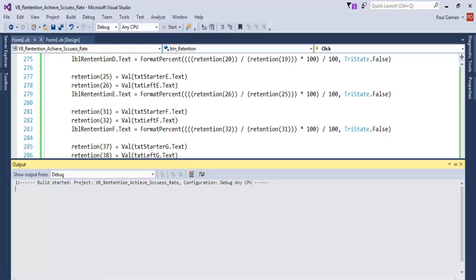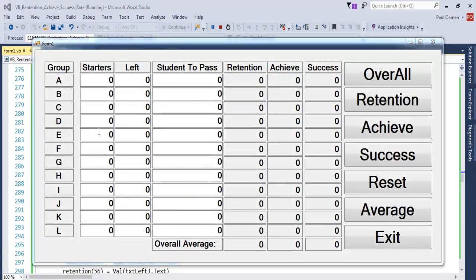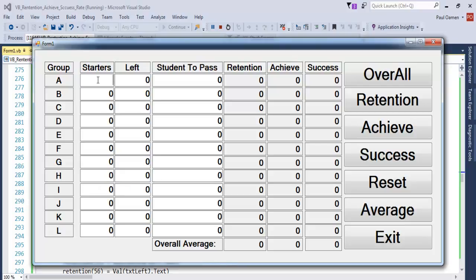Run the program. So check out the retention. Let's enter, maybe that's the number of students we have. Let's see how many we finish. There, check out the retention. Yes, the retention is working. You can see where we have